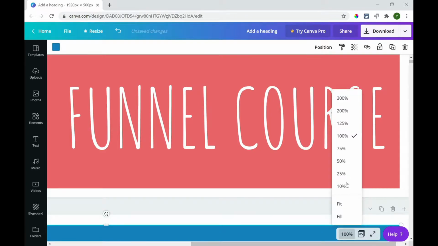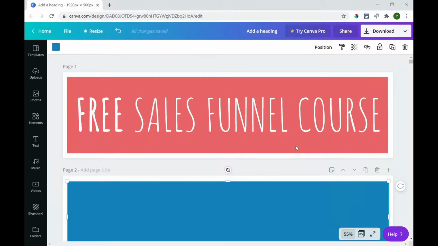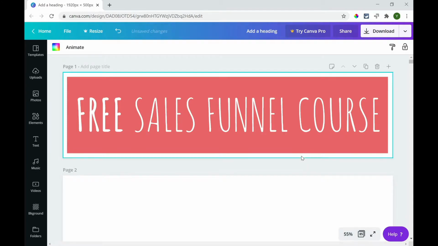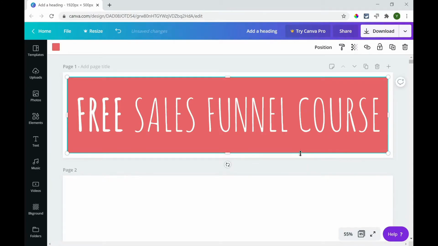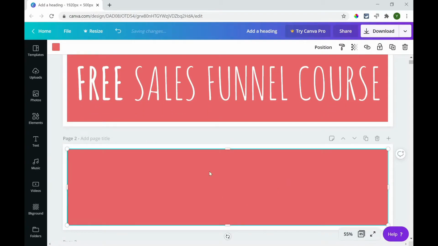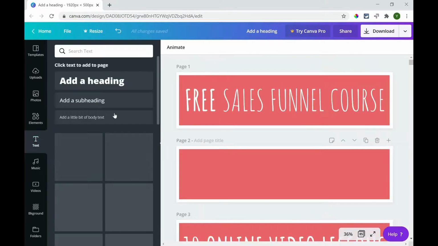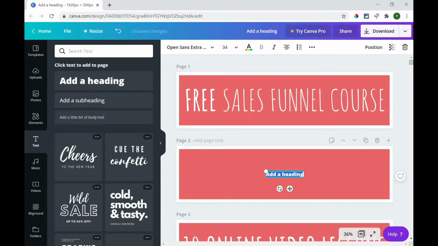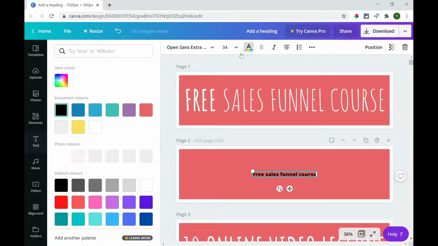Now you can obviously do this and get it exactly matched up, or another way you can do it is if you select the box, you can just click copy, select this one and paste, and it'll put it in exactly the same position. And then with this one, I've simply gone text, I've added a heading into this, I've gone to free sales funnel course. I can then very quickly choose my colours,